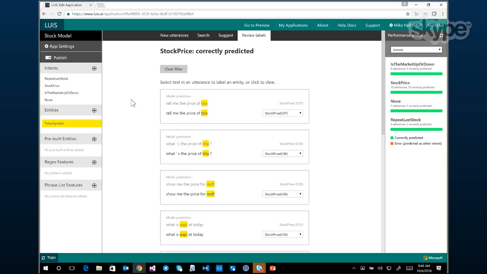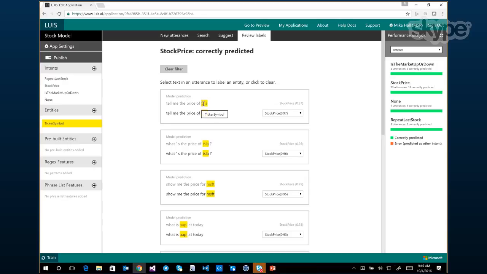There are thousands of different stock tickers that exist, but I don't need to teach the model about every single one. All I need to do is teach the model where roughly in a sentence I might find the entity that I'm interested in, or where within the structure of a sentence that might be found.